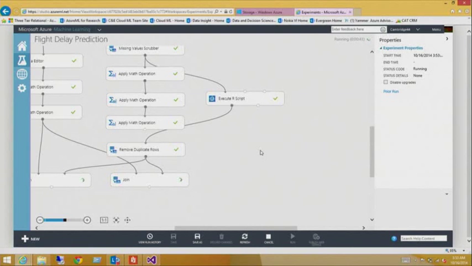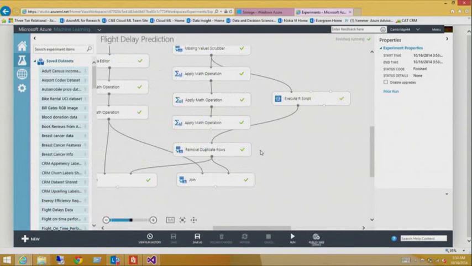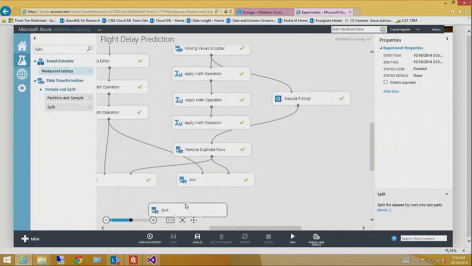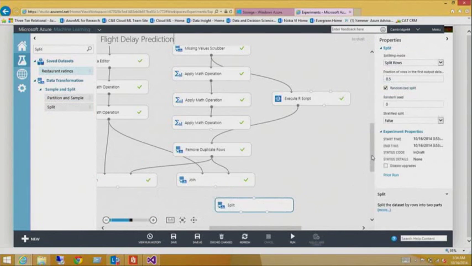And then the final one is just basically, suppose maybe I wanted to isolate part of the data set. So for example, if I know that this data set I think goes from June 2013 to October 2013, and suppose I wanted to work just with the October 2013 data, I can actually go ahead and split the data. So if I search for split, S-P-L-I-T, and drag and drop that, I could take one of these joins,